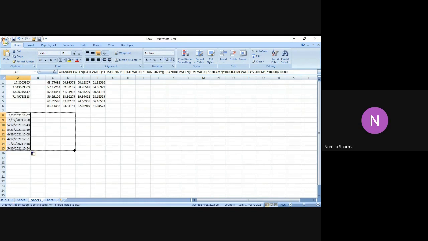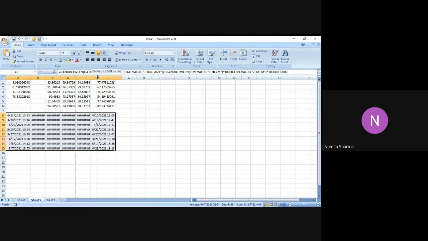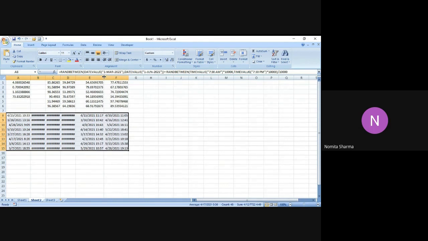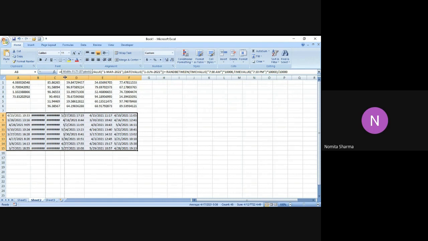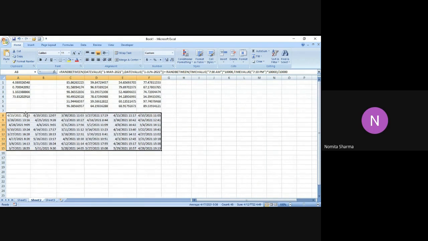So you will see that these random numbers have been generated, wherein each value will be a combination of a date and the time that we have mentioned over here. So if you recall, the date was between 1st March and 1st June.